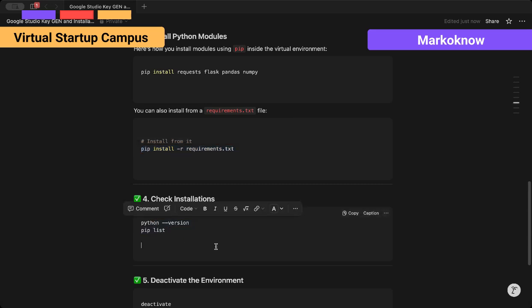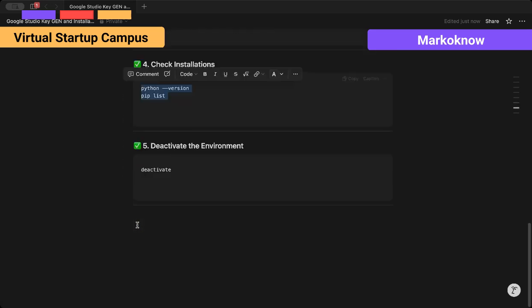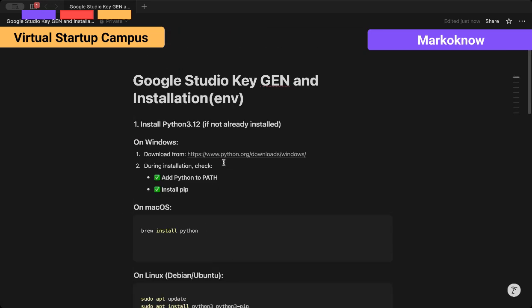And then the check installation, this is the check installation part. And if you want to deactivate your virtual environment, you can just deactivate this part. Then in the next